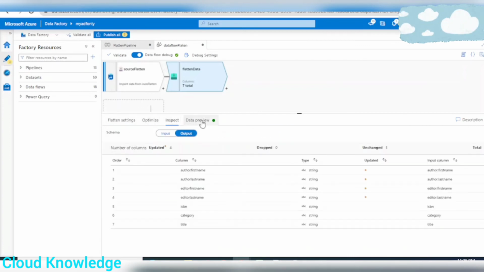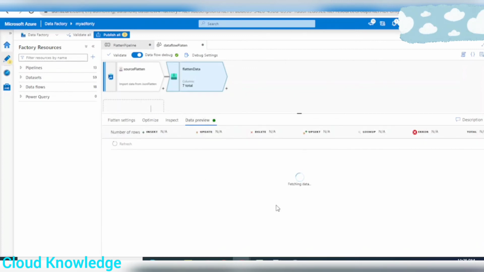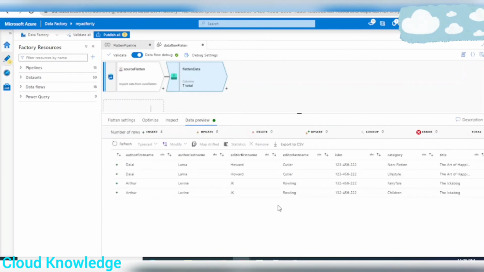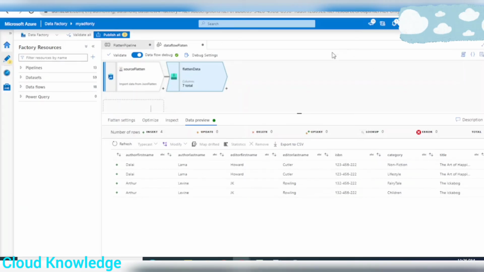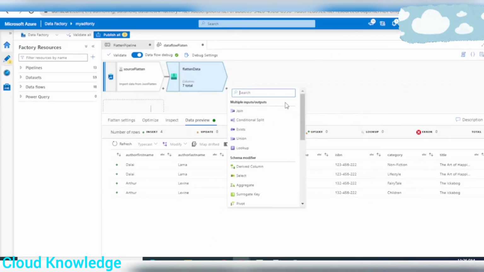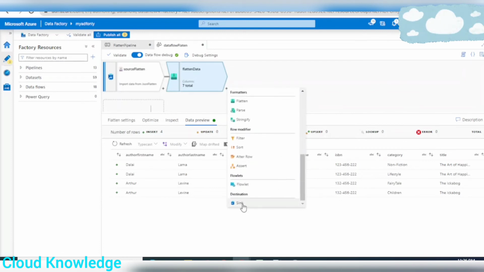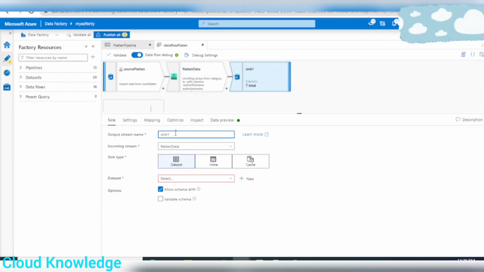We'll go to the data preview and we'll click on refresh. Here we can see author first name, last name, editor first name, last name, ISBN, category and title all appeared for the same book. There are two entries, non-fiction, lifestyle, fairy tale and children, as expected. Now what we will do is attach the sink. We want the data to be added into the target. So sink of flatten, we will name the output stream name, input is this,